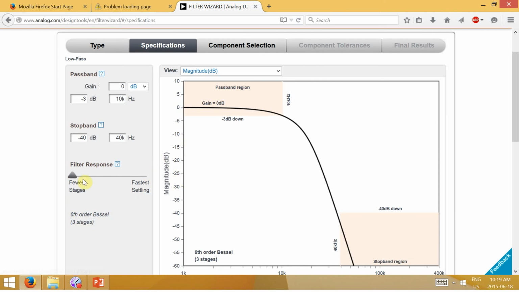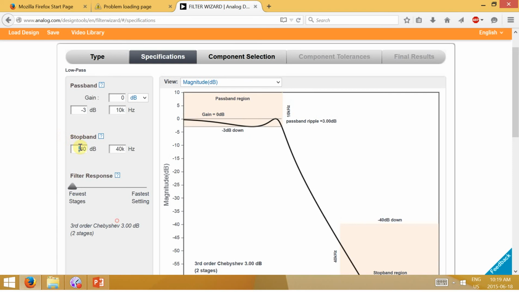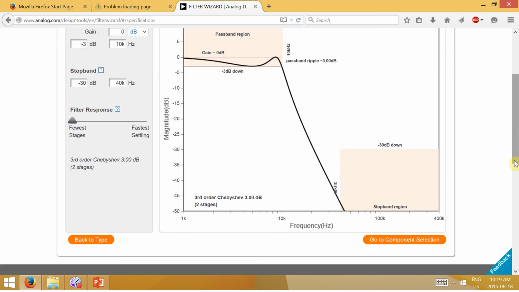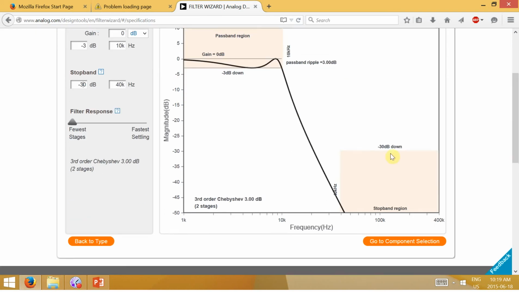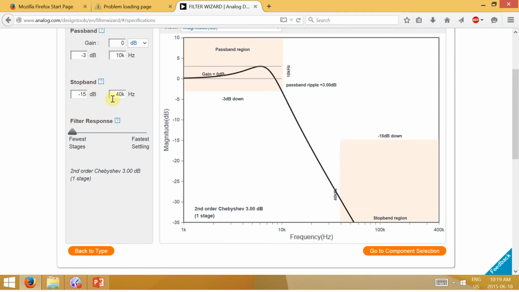So depending on how we want to respond. If we accept some variation in the passband, we see the passband isn't as perfectly flat as before, it may be able to generate an easier filter. The other thing we can do is relax. So if we say, well, I don't need minus 40 dB, minus 30 would be okay, it may be able to generate even simpler to build filters that use less of your op amps. So in this case, I can go down to 1 stage.